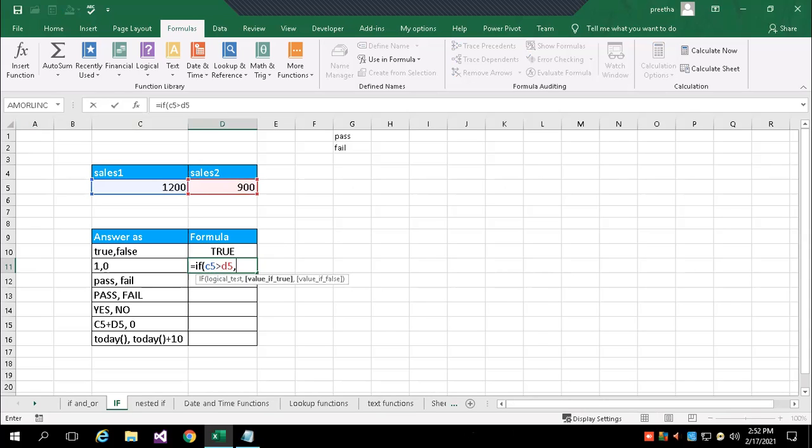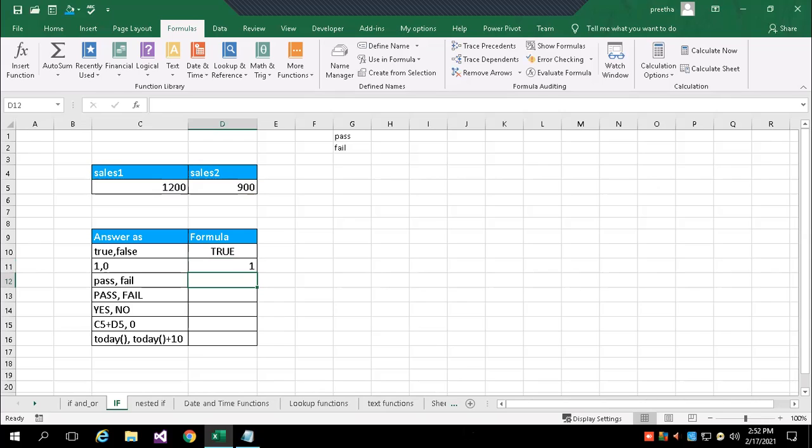If true, write 1 or 0. So within IF, the first argument is the test. What do you want to test? C5, you are expecting C5 should be greater than D5. Yes means write 1, otherwise 0. So we are getting 1 now because the condition is true.